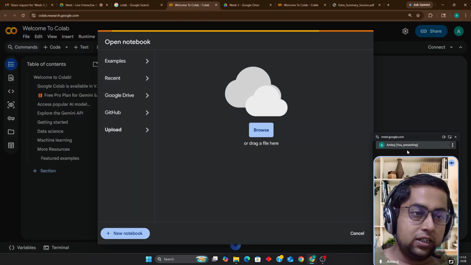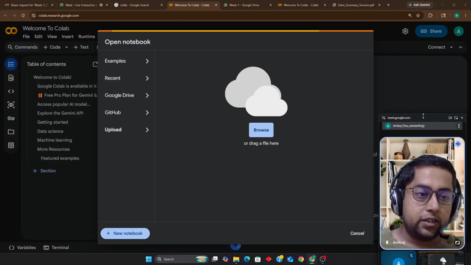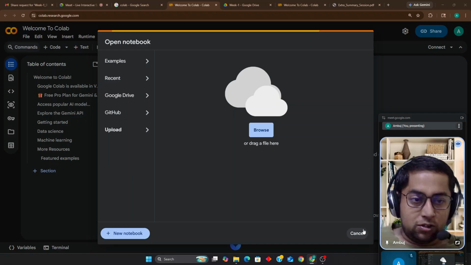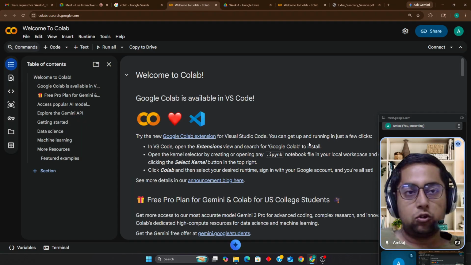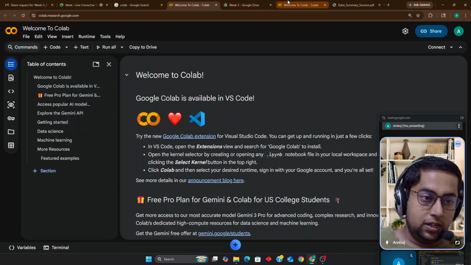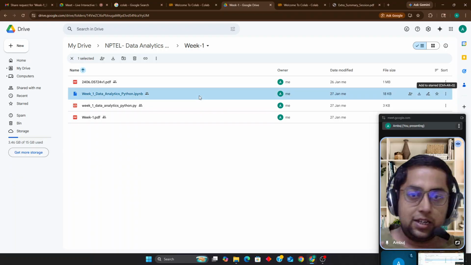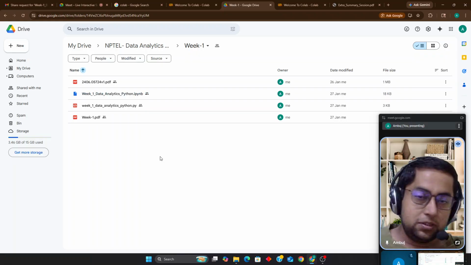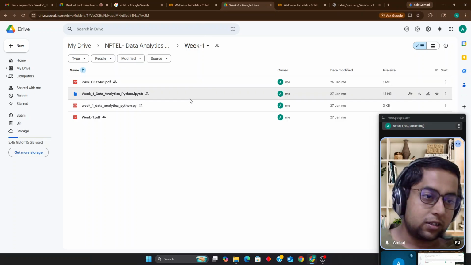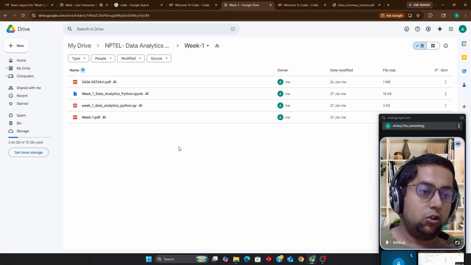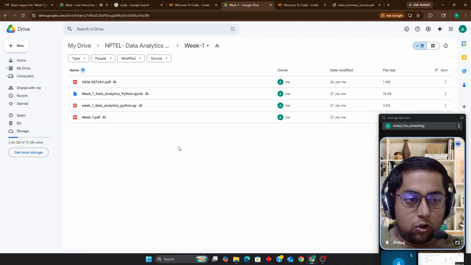Now you can edit any number of times because the edits will be restricted to you only, not to each and every student. I want to keep the original copy so that it is available to each and every student. That is why I cannot provide you edit access. Otherwise, you will edit the entire PDFs. Edit access cannot be given to just one file; it has to be given to the entire folder. Or if I give it to the file itself, no problem, but then everyone will edit and the original copy will be destroyed. You all in general will face the problem. That is why I'm not giving the edit access.